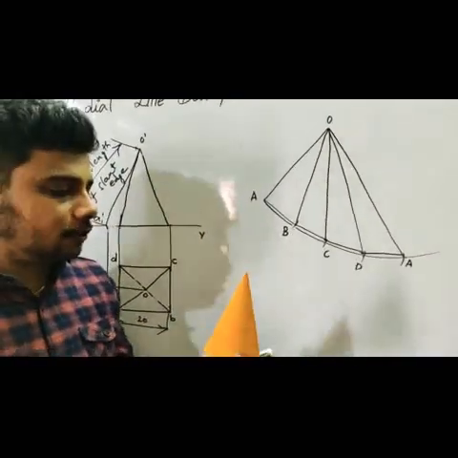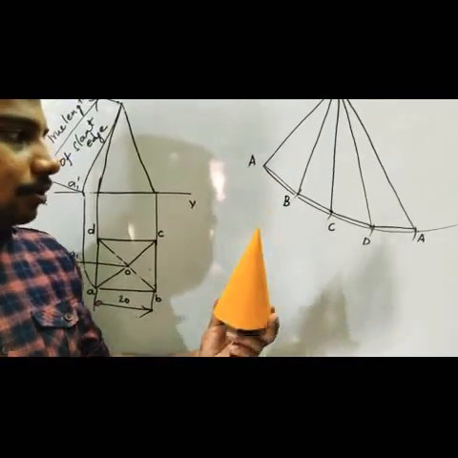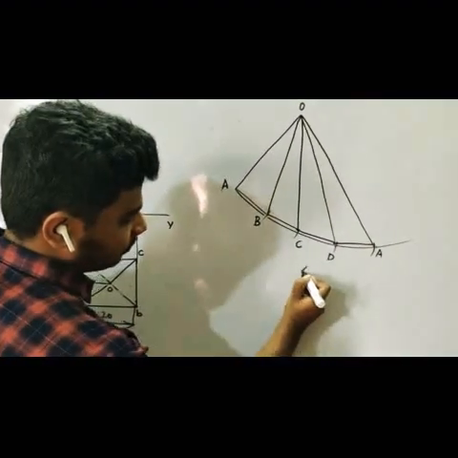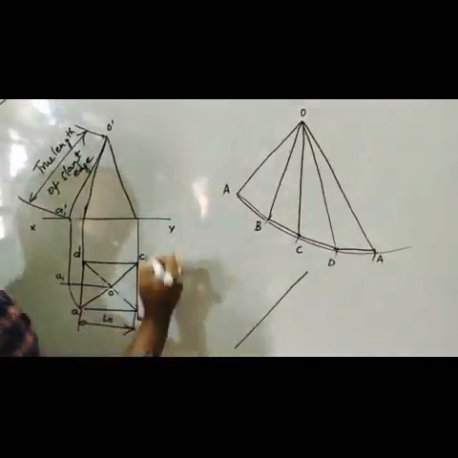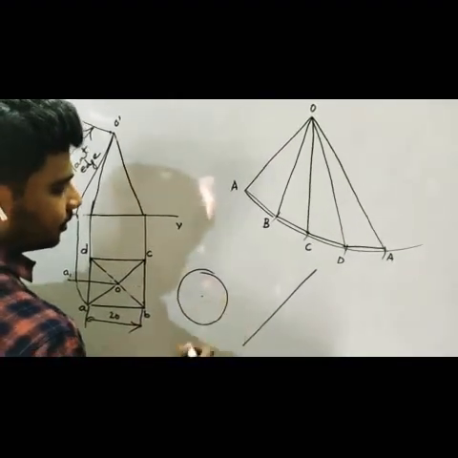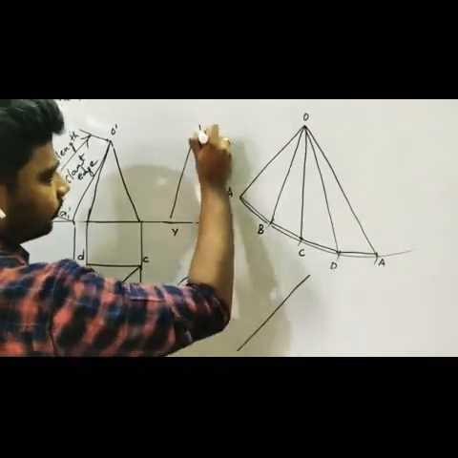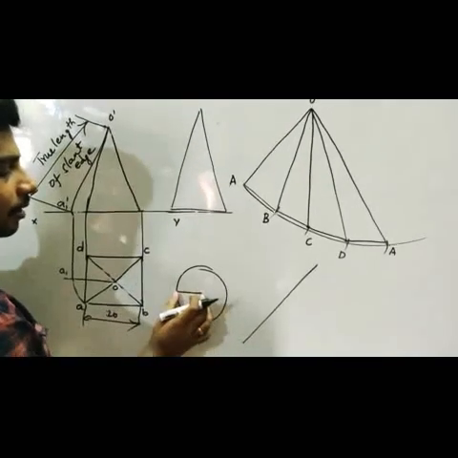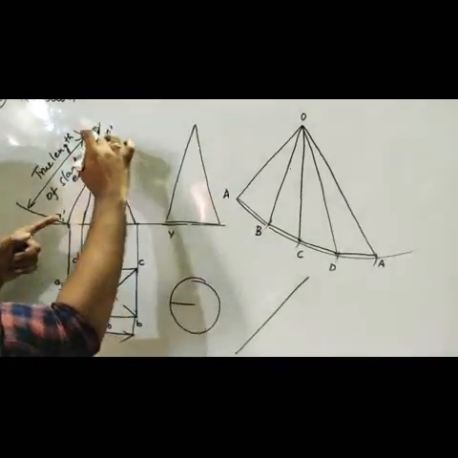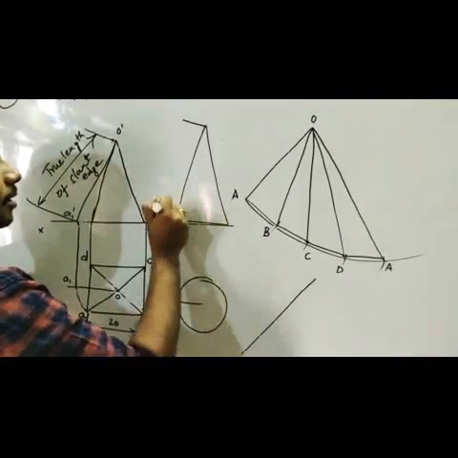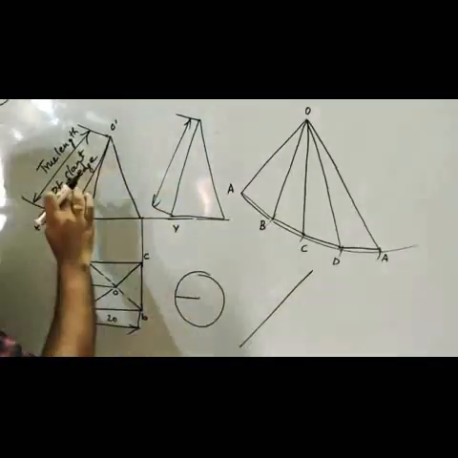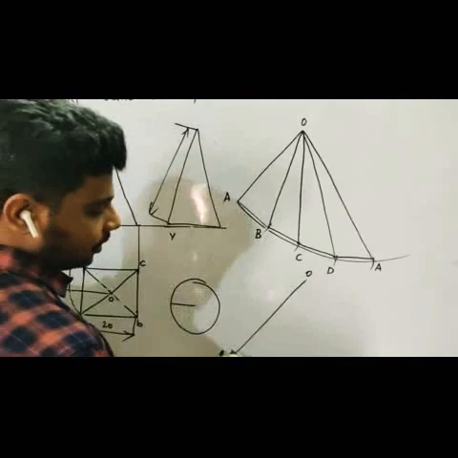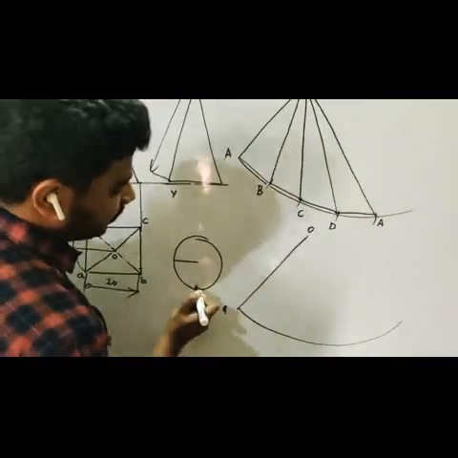So in case of a cone, a solid of revolution, what will you do? You have to find the development, which will be like this. You have to find the true length. When you take a cone, it will look like this, and in the top view and front view, it will look like this. A cone has infinite generators, which have a true length on all sides. So you don't need this method for a cone; you can straight away get the true length of the generators. Here it is a slant edge, here it is called the generator. Once you know the true length, that is OA, you can draw an arc equal to